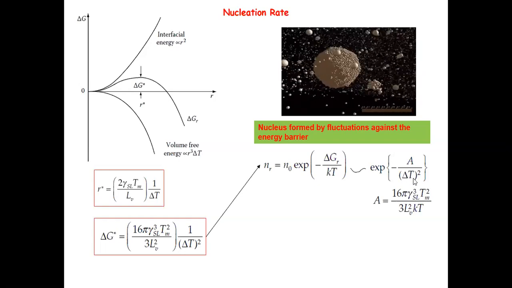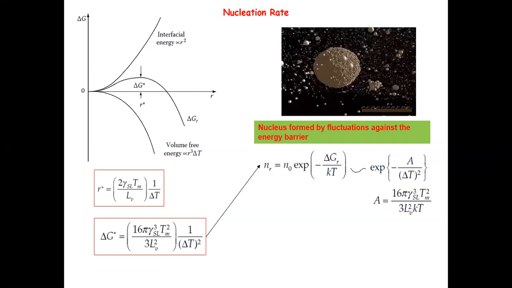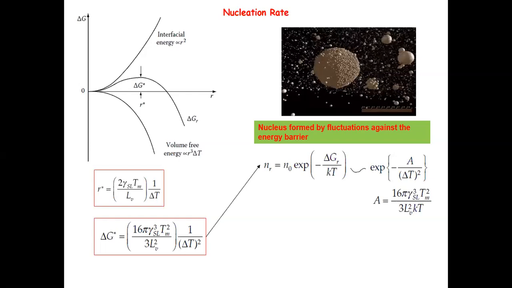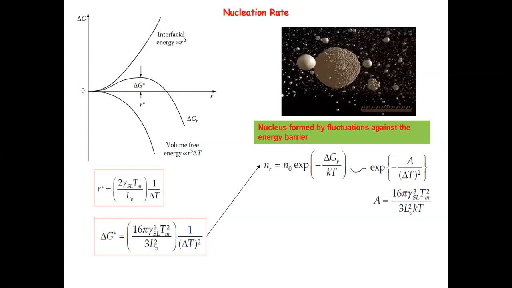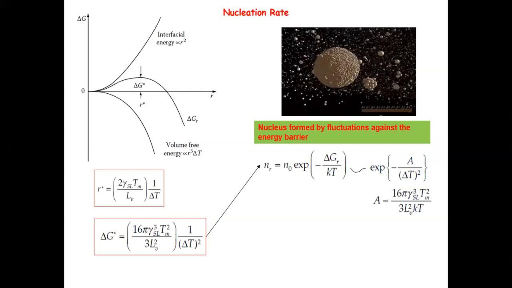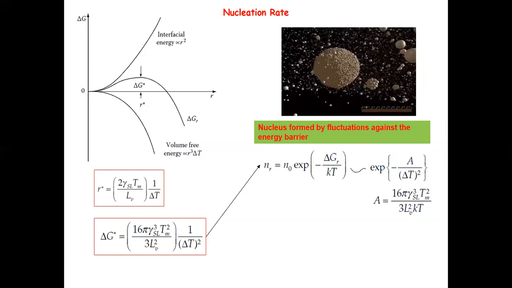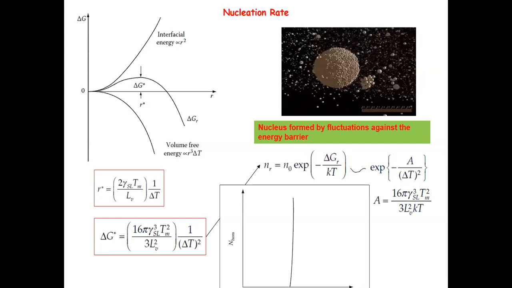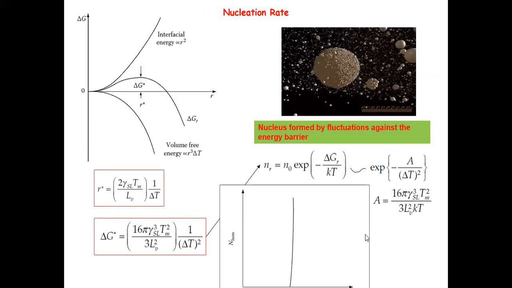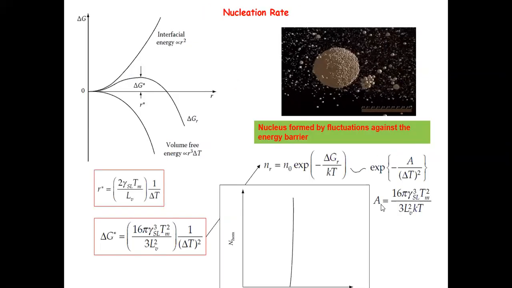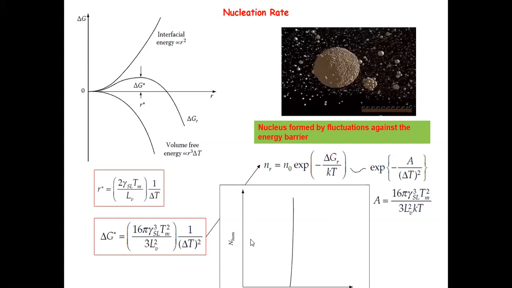Okay, so what does this mean? I don't want to go through the details. It's pretty straightforward, just mathematics. This means that your nucleation is super sensitive to the degree of supercooling, because it's in the exponential, it's minus quadratic, it's one over the quadratic function, so it's very sensitive. And again, I don't know why I'm not seeing this clearly, but if you do the plot for this guy, and you choose a particular material system, you will see that the nucleation